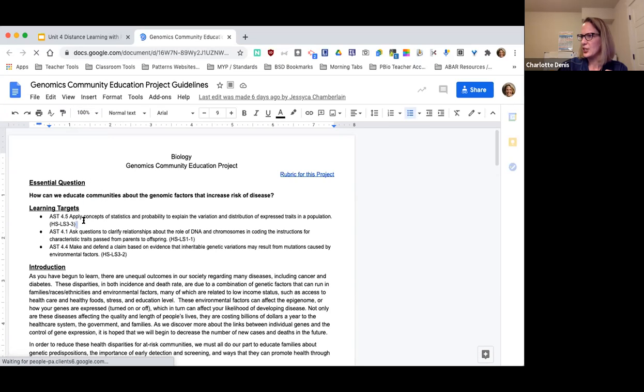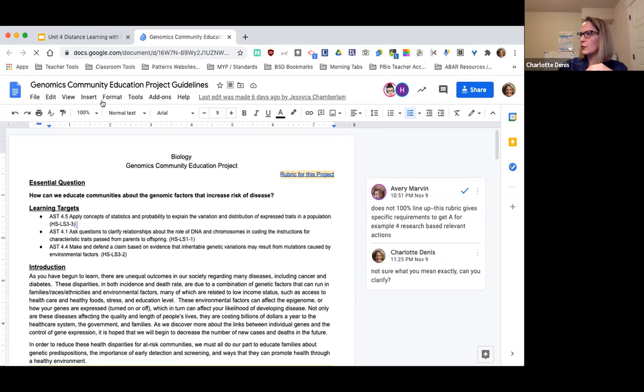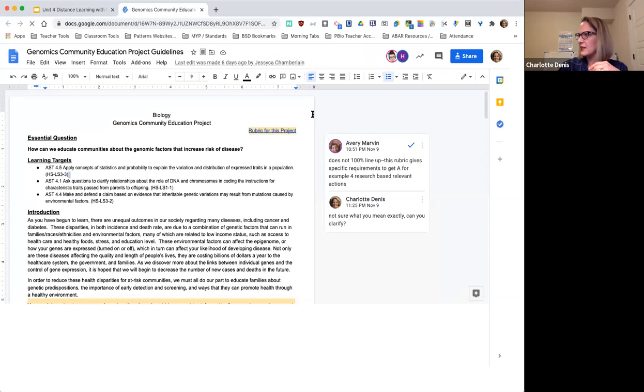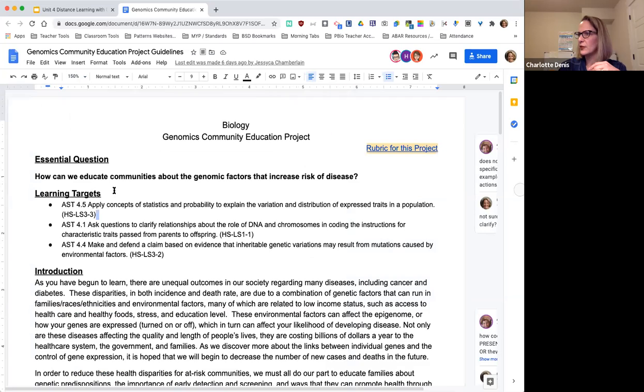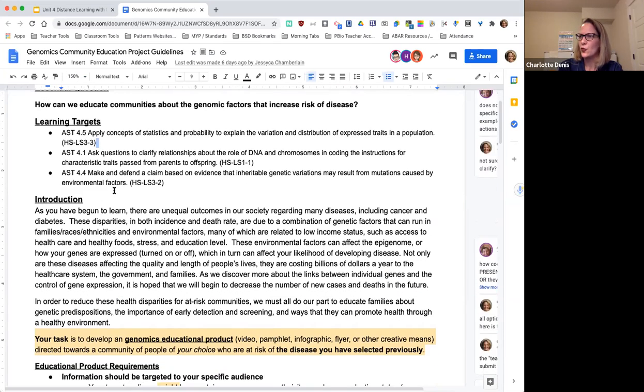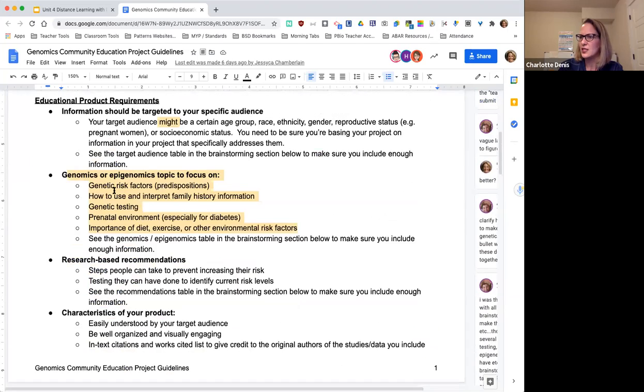So the project at the end of the unit is for students to make some kind of poster or video or brochure for a community of their choice. And so the way that this has been modified, sorry, let me make this zoomed in some. There we go. The way that we have modified this for CDL is that students are able to choose,